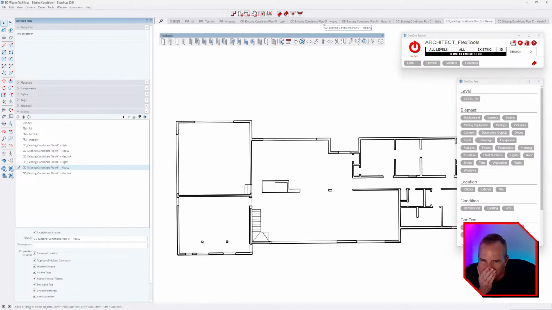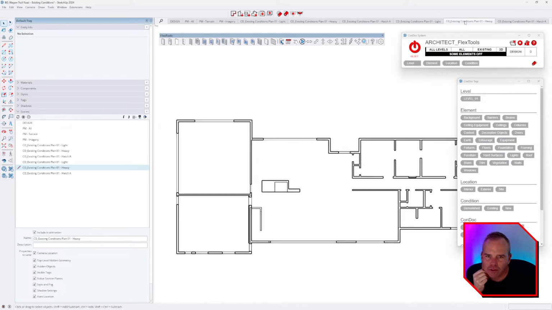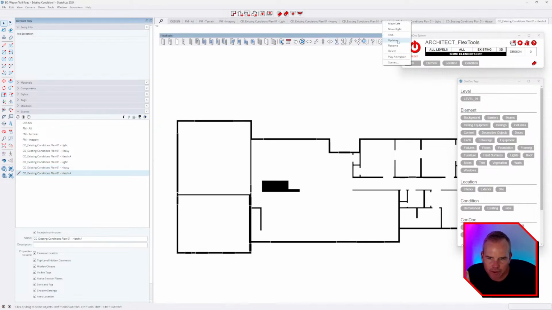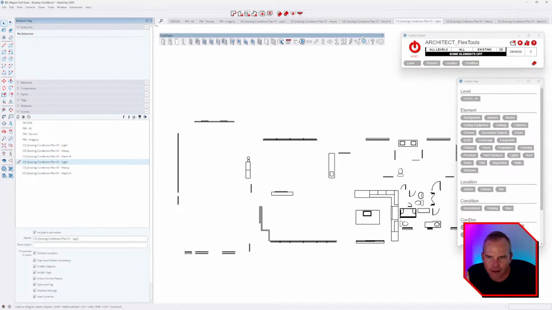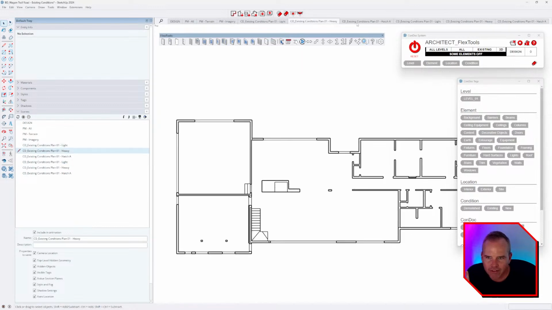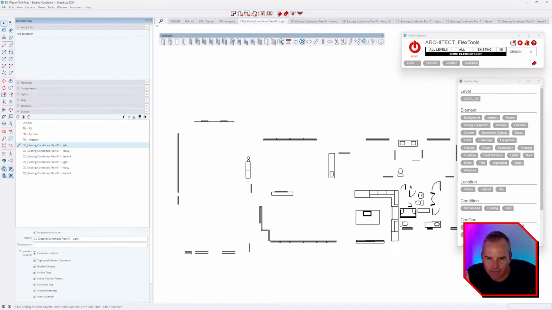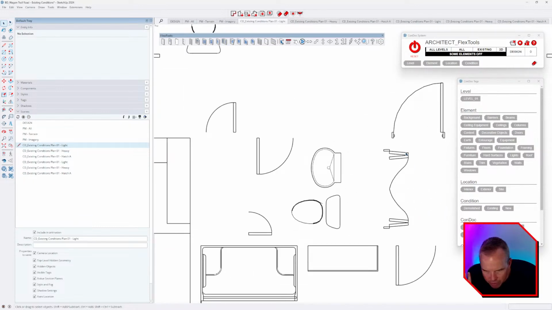You know what we could do? Oh, this is clever. Look at this. We're just going to update. So now that they're in the same place, we're going to go to heavy here, and we're going to update this one, hatch A, and we're going to update this one, and update this one. So now you got light, heavy, light, and see how light is now using our Flex Tools